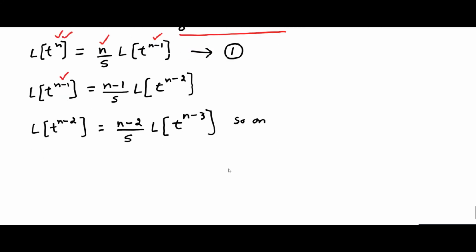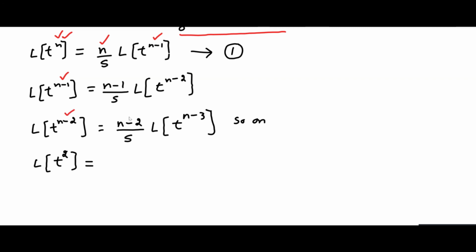But if I just go on repeating this process, what will be the final expression? You can see that the power of t goes on decreasing. It has to reduce to some value, that is t power of 3, t power of 2, t power of 1. It has to reduce in that form. So suppose it reduces and becomes equal to 2, in that case what will this value be? The Laplace transform of t square. If I follow the same rule that I have written over here,